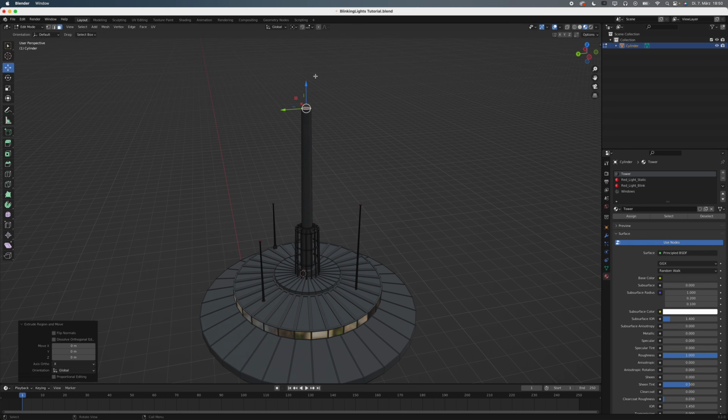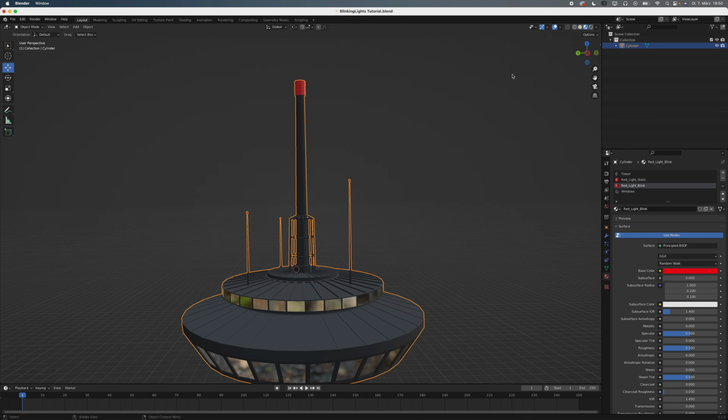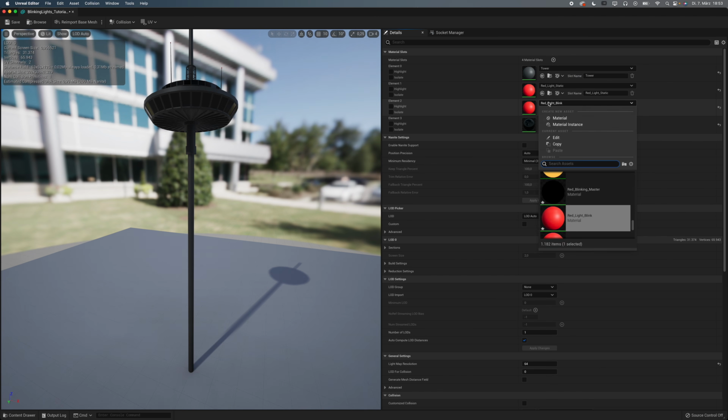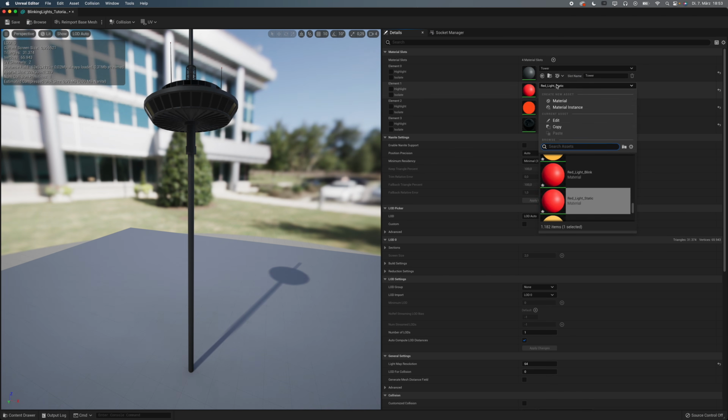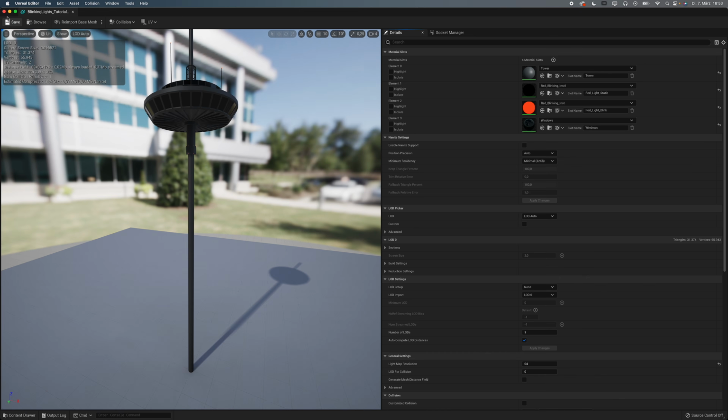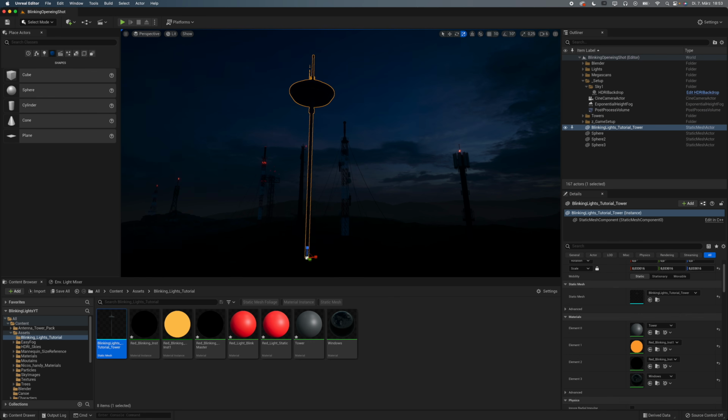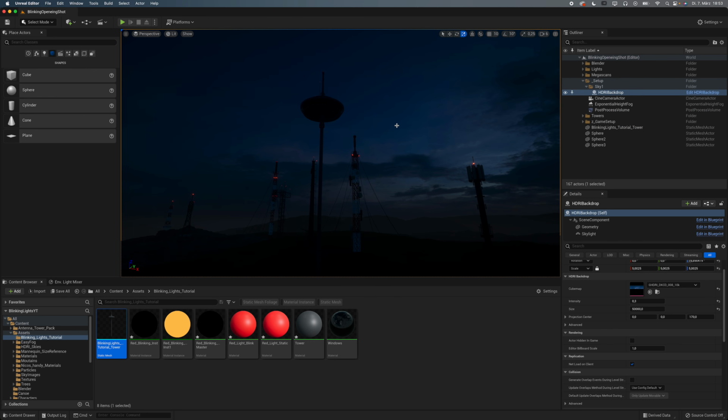If you want to take it a step further, make sure to think about this when modeling. Just add the blinking parts to your mesh and give them their own material. Back in Unreal, double-click on the mesh and change the material to the one we just made. And that's it, you have your blinking lights, but they are nothing without a proper